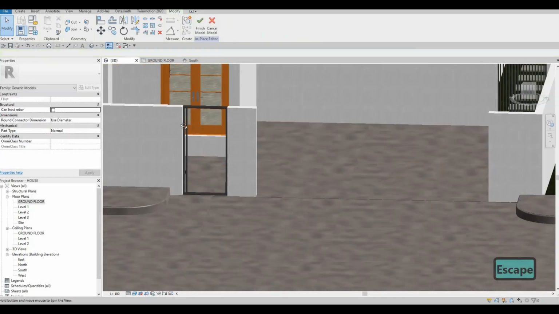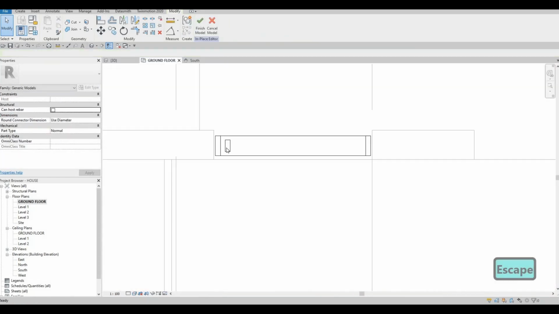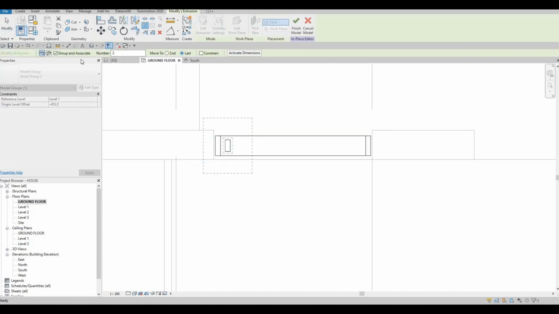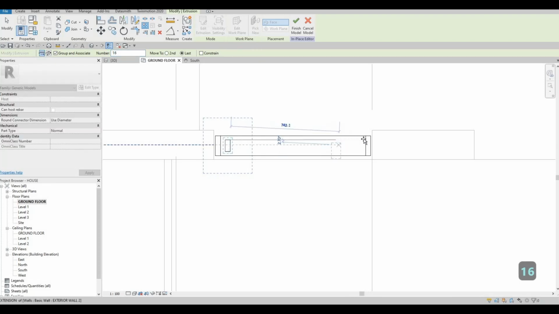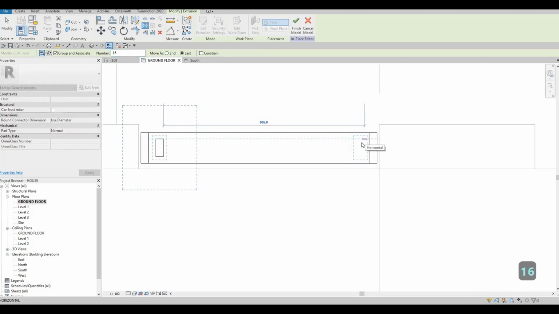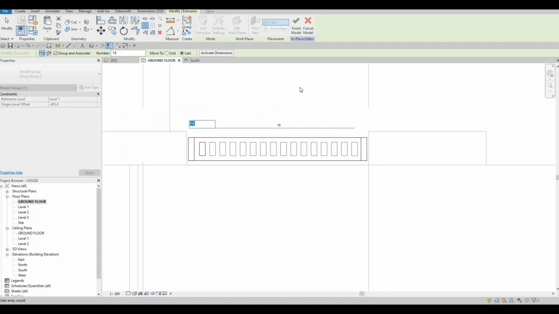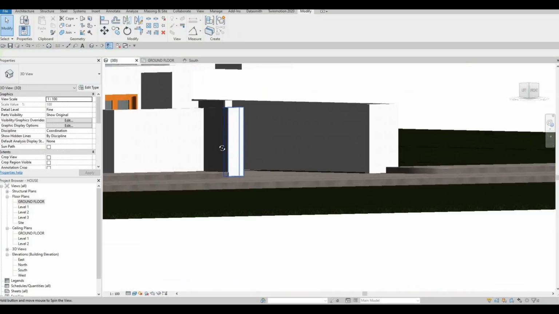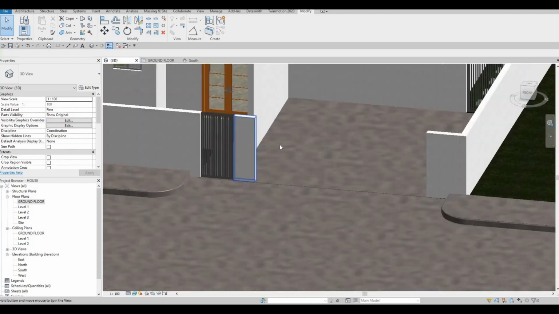There we go. And then go back right here, select this, click on array, put it to last, and then type in 60, and then put it right here. Press OK, and then click on finish. We have our second gate,